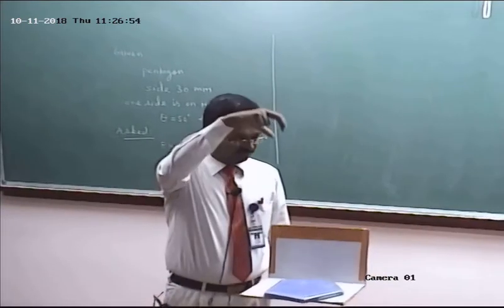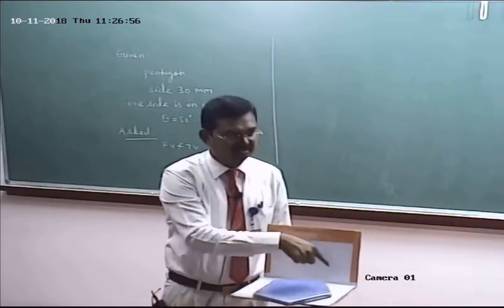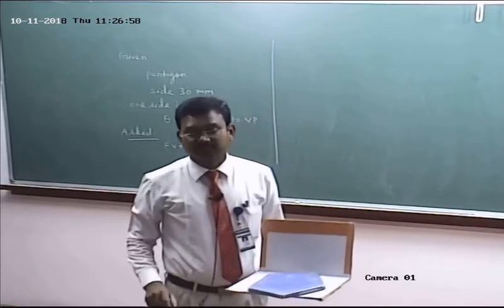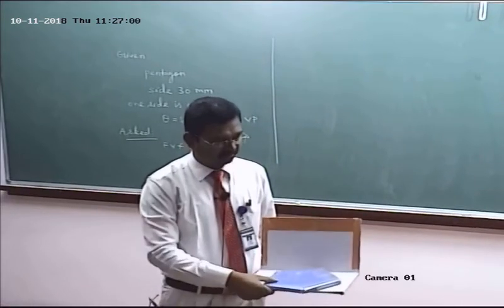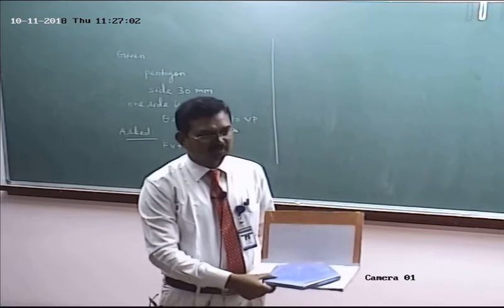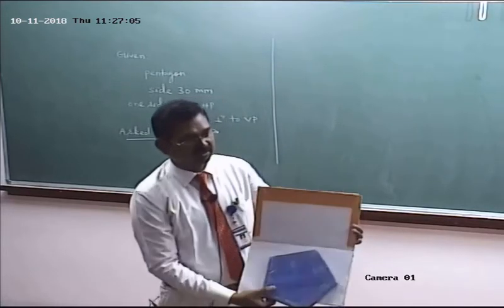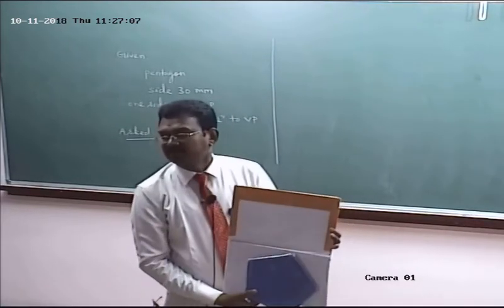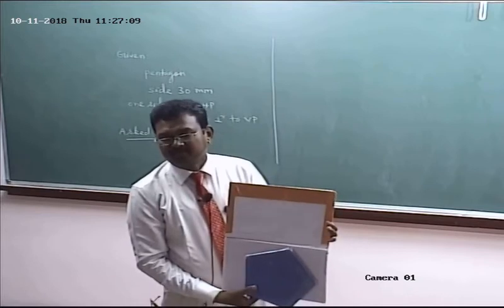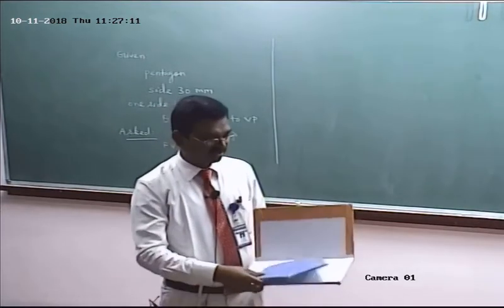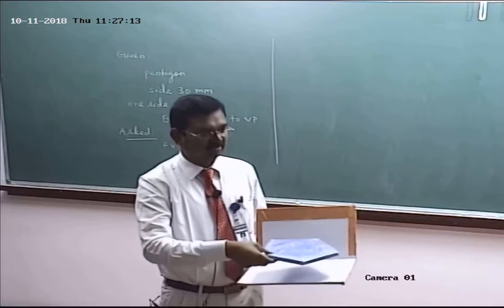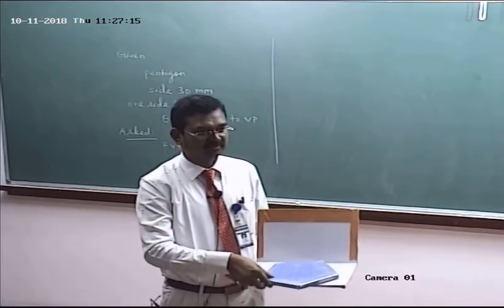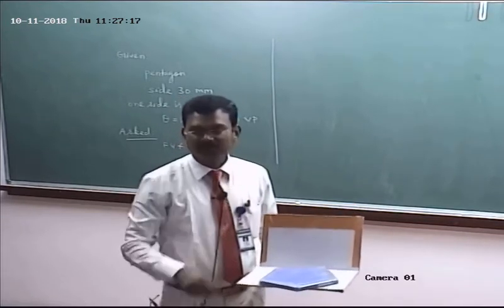To get the top view, look from the top. The top view gives a true shape and size. After obtaining the top view on HP, it should be rotated in clockwise direction by 90 degrees. So it is obtained below XY. Am I right? Below XY. Are you able to follow me? Inclined to HP means parallel to HP, placed on HP, perpendicular to VP. The top view gives true shape and size.